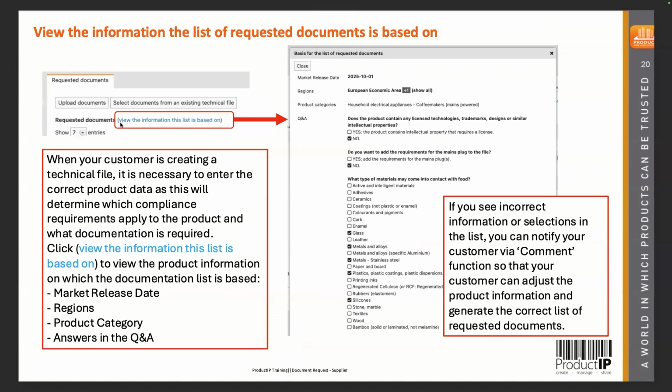So when you click this button here: when your customer is creating a technical file, it is necessary to enter the correct product data, as this will determine which compliance requirements apply to the product and what documentation is required. So when you click on this link, a window will open, and this window will show you the market release date your customer has chosen. Yeah, so your customer has chosen 1st of October 2025. Your customer has chosen the regions. In this case, it was Germany,